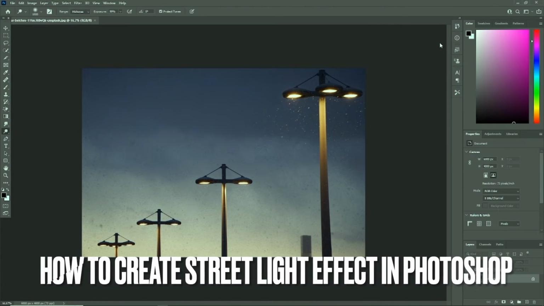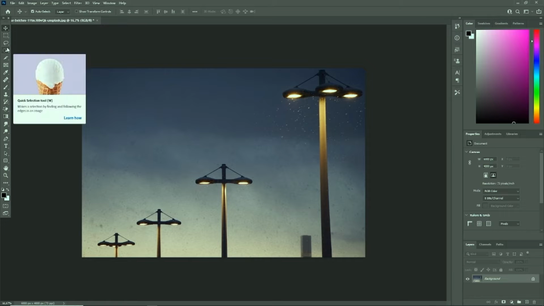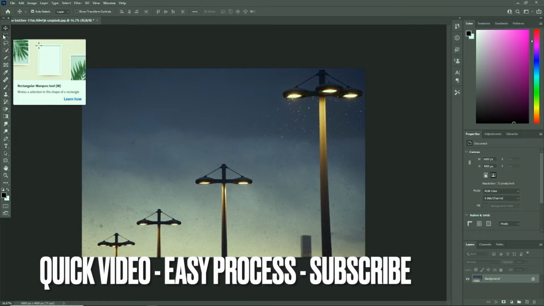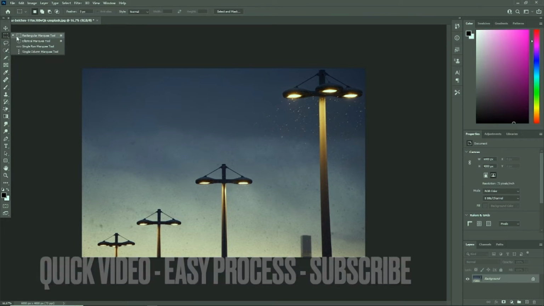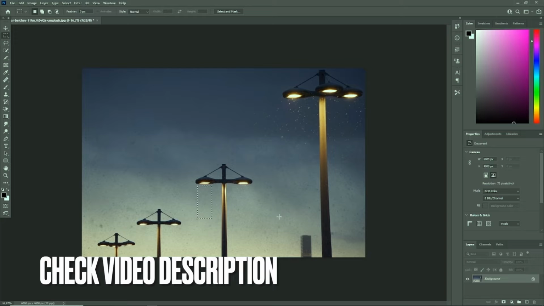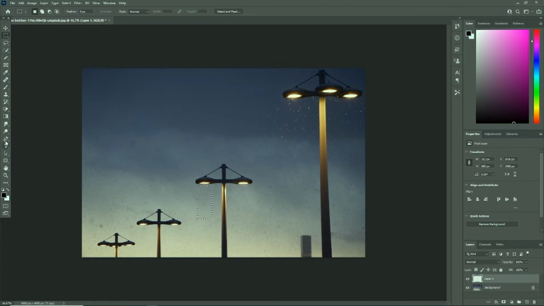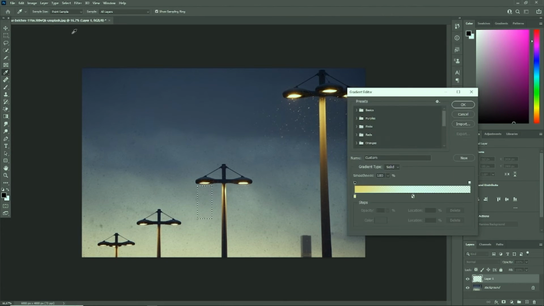In today's video, I'm going to be showing you how to create straight light in Adobe Photoshop. So to do that, go ahead and select the rectangular marquee tool and make a selection just like that, and create a new layer, and we're going to apply some gradient into it and make sure your gradient